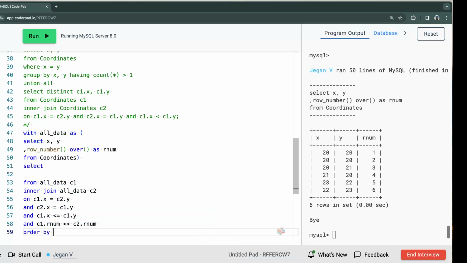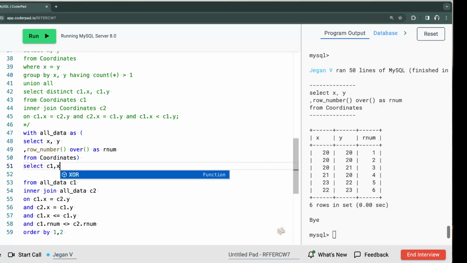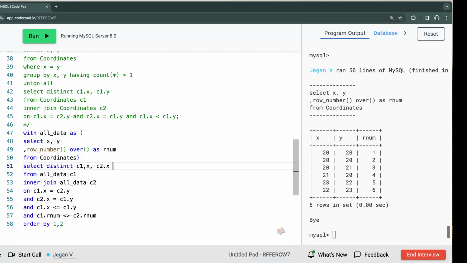We order by 1, 2. The 1 and 2 are c1.x and c2.x. Since we have duplicates like 20, 20, we just say distinct. When we run it,